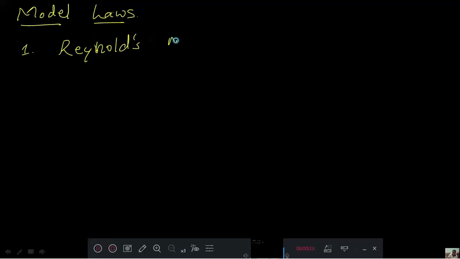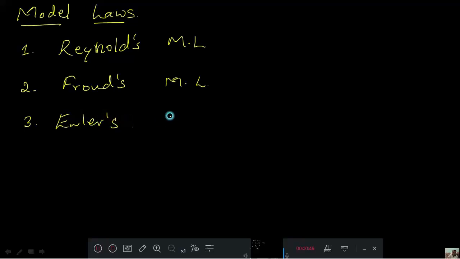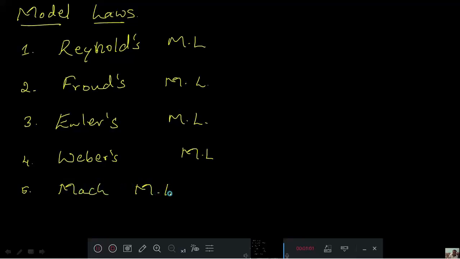The second one is Froude's model law. The third one is Euler's model law. The fourth one is Weber's model law. And the fifth one is Mach model law. Okay, these are there. For your information, we will use Reynolds model law for pipe flow,